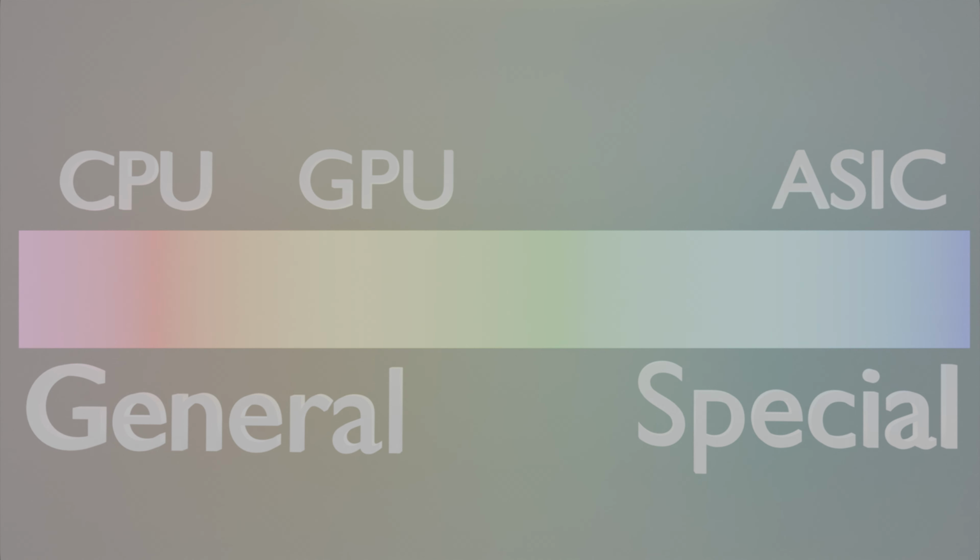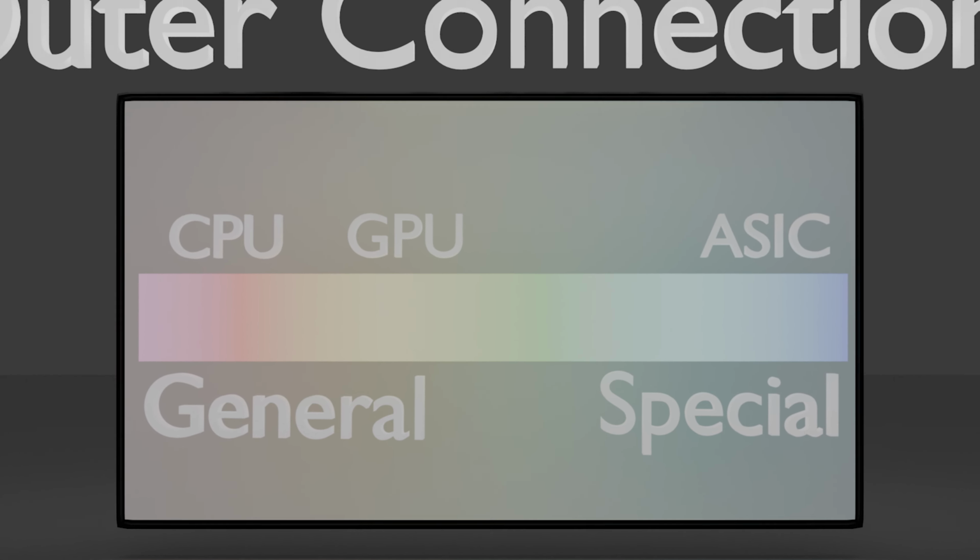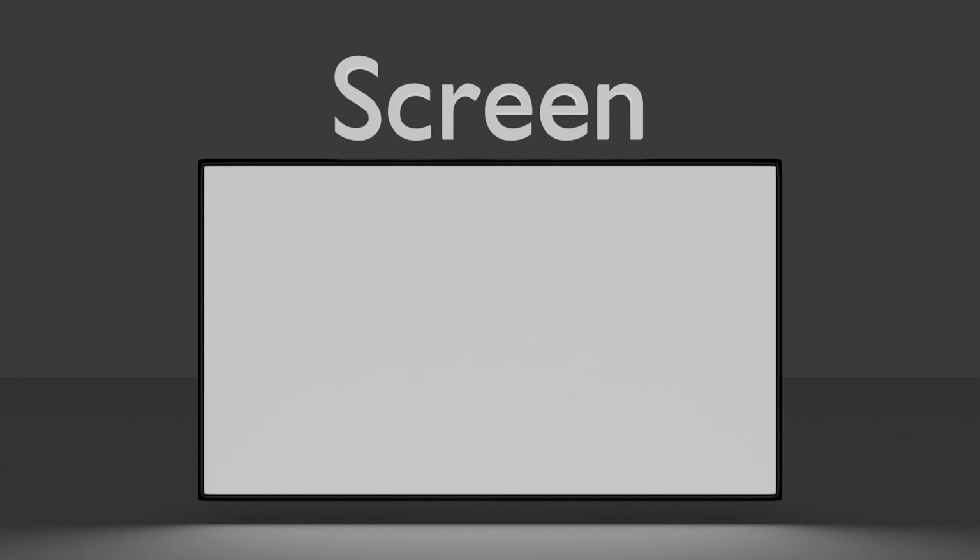One trick would be having an HDMI output on the graphics card instead of going back to the motherboard. The HDMI output going out obviously to the outer connections. Well, technically the screen, but this segment is about outer connections. So let's take the